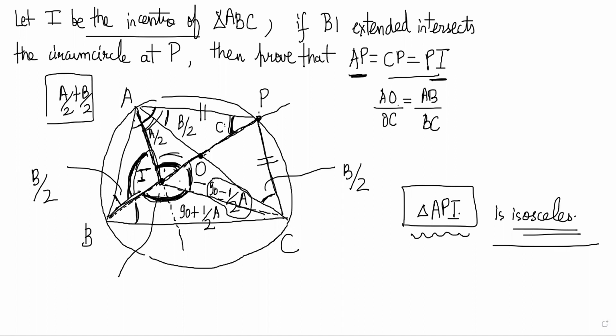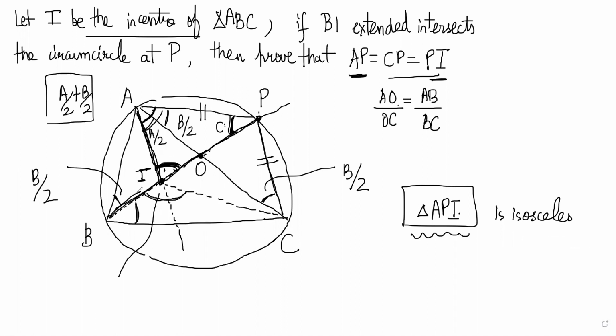Now, the next thing is, sir, can we observe one thing that angle AOP will be 90 degrees? How do you know that? Sir, angle BOC will be... This figure has become too complicated now. One second. The angle APC will be 90 degrees. Why? No, sir, it will be 180 minus B.